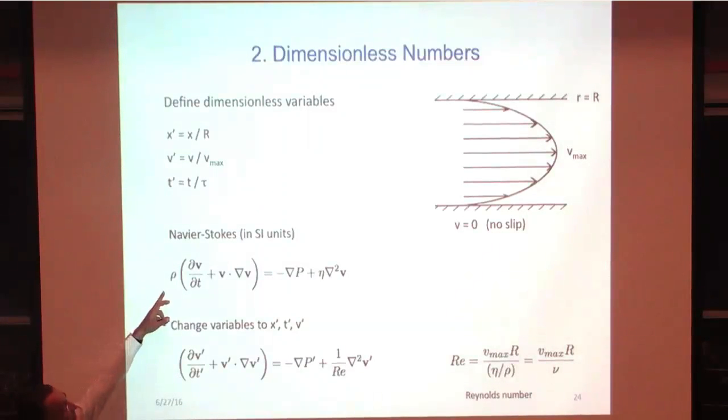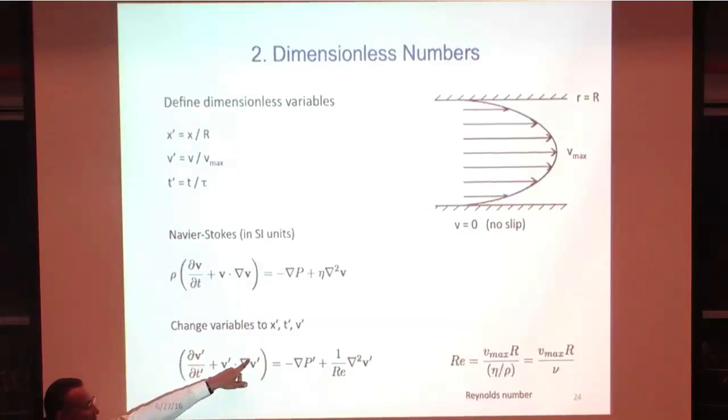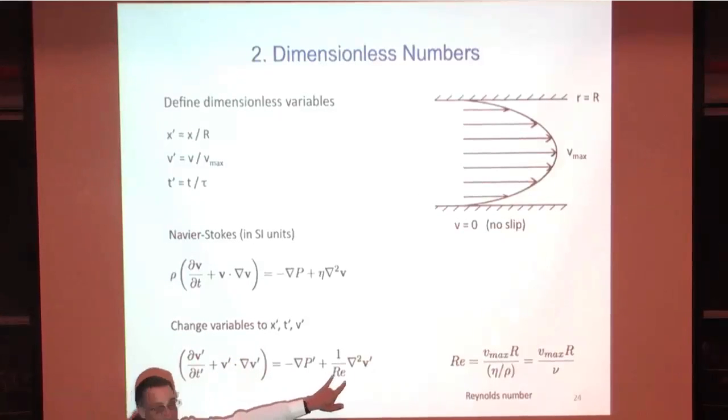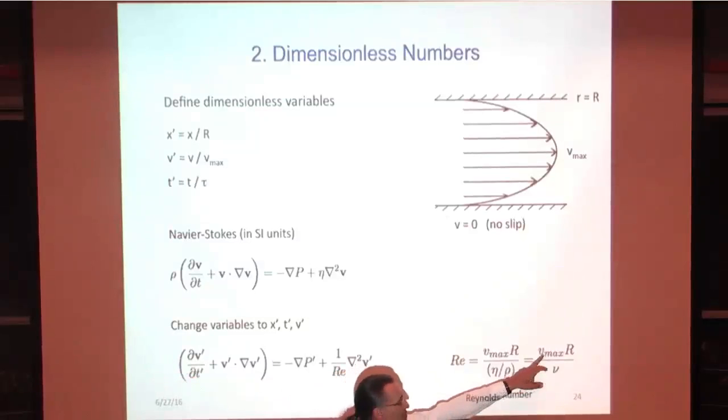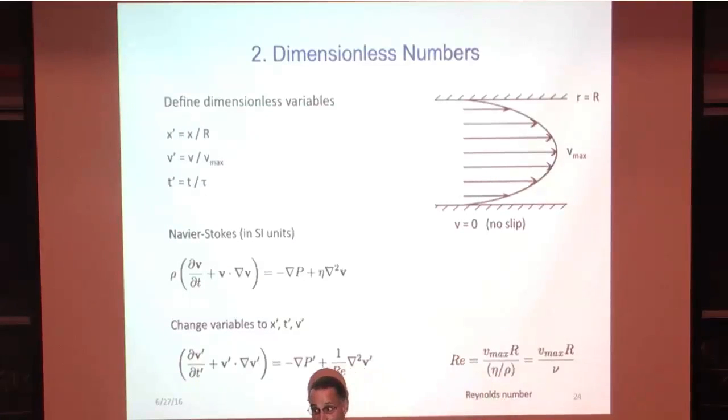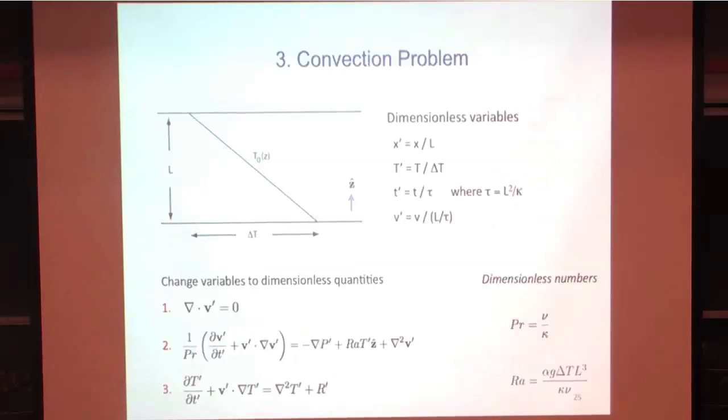We substitute those new variables into our governing equation so that every term that has a little prime here, the triangle should have a prime. Those have no dimensions. All the quantities that have real dimensions get lumped together in these things that are called dimensionless variables. And you saw the Reynolds number on the board, right? It was equal to the maximum speed times the length divided by a viscosity times the density. Okay. And so you can derive them formally from the governing equations or just compare different terms. Okay. So next problem is the convection